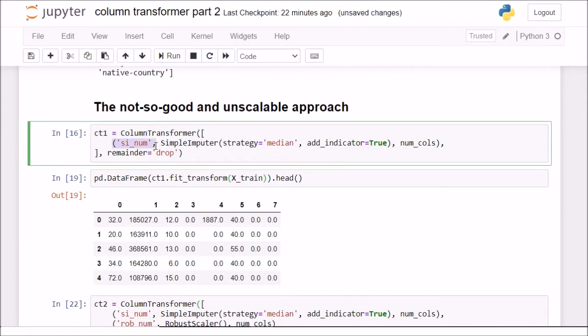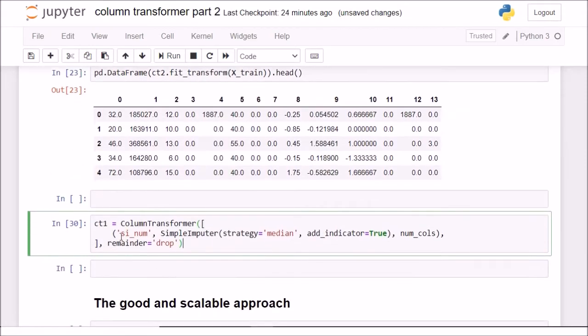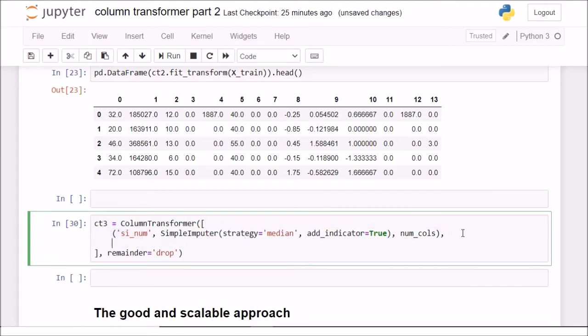So in ct1 I imputed all the missing values of the numerical columns, and now I'll make a ct3 object. Just don't get confused about what we are doing; I'm just trying to show you what approach works and what approach does not work. In ct3, after imputing the numerical columns, I'll also impute the categorical columns here itself.